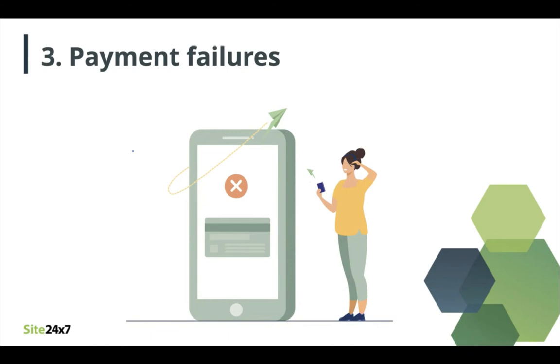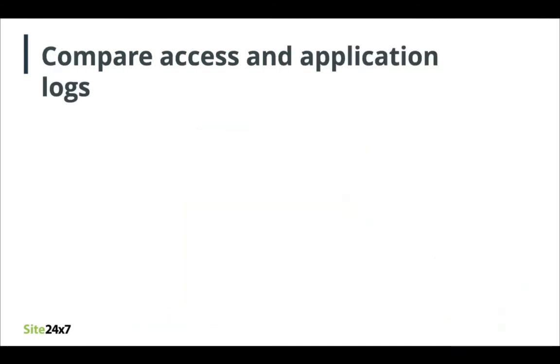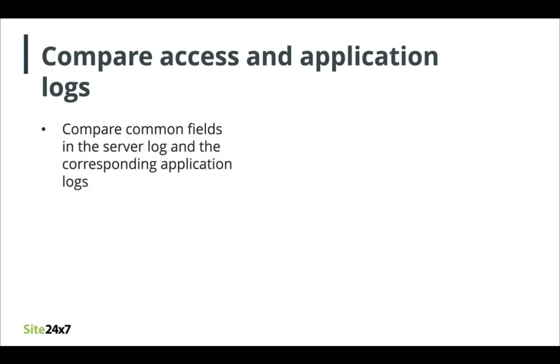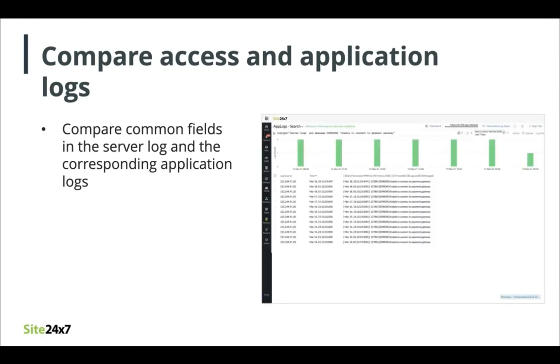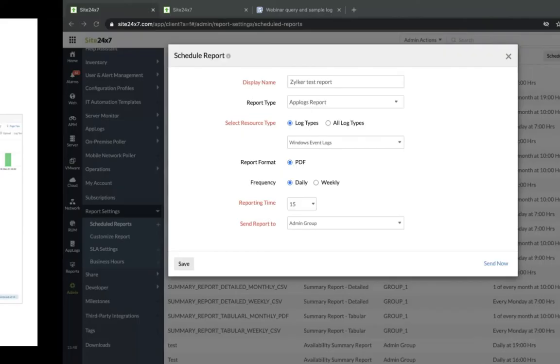Admins will be able to identify the failures from customers, receive alerts from pre-configured search queries, or visualize from the AppLogs dashboard. However, to analyze the root cause, admins have to analyze different logs using different tabs and correlate the necessary fields. We have simplified this with AppLogs, as it allows you to compare related fields in two log types. In this case, you can compare the related fields in your server log and the payment gateway application to drill down easily. I'll demonstrate this in the client again.